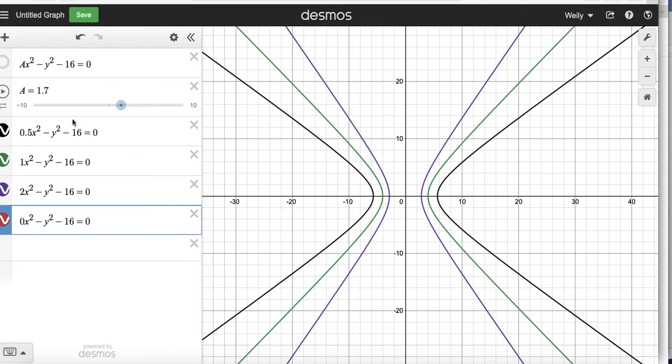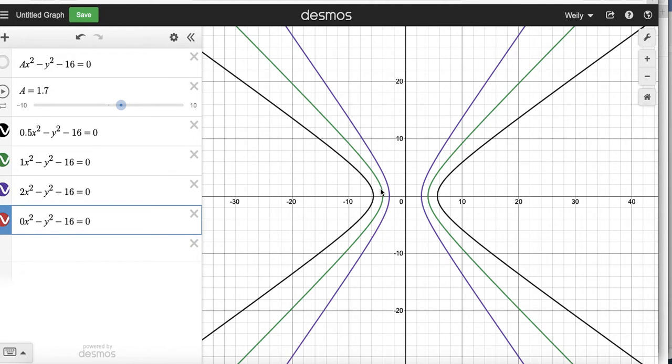For question number 8, we've been asked to graph ax squared minus y squared minus 16 equals 0, where a is between 0 and 1, a is greater than 1, and a is equal to 0. So I've graphed them here, also graphed in green when a is equal to 1. So we can see as a changes from 0.5, we have this black graph here, going to 1, it looks like it's horizontally compressing towards 0,